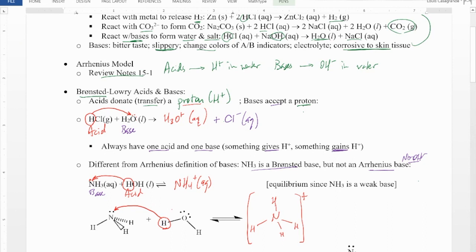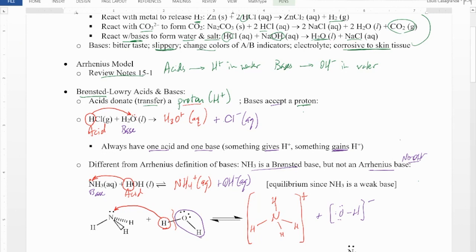And notice that when you split that water apart, when you take that H off of the water, what's left over, and we saw this yesterday as well, is the hydroxide. And so let's draw that formula as well. So we have an acid and a base in our reactants, and we're forming the ammonium ion and the hydroxide